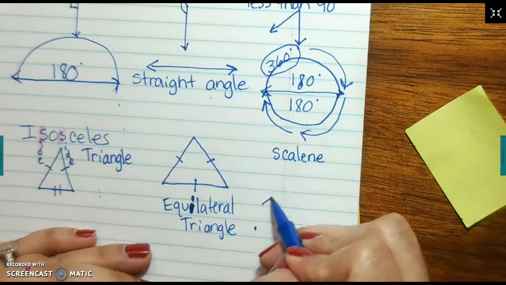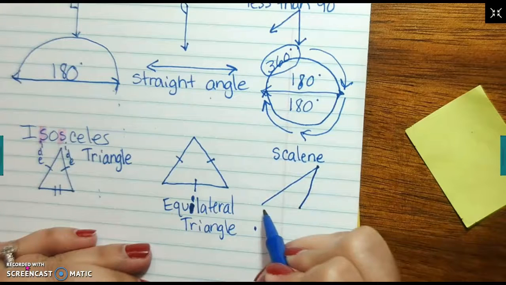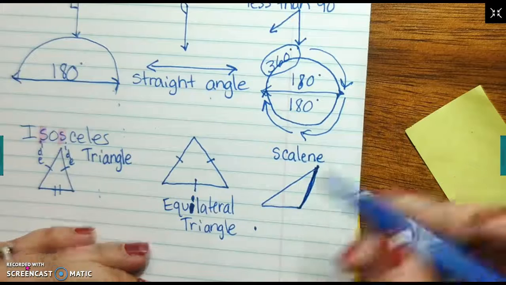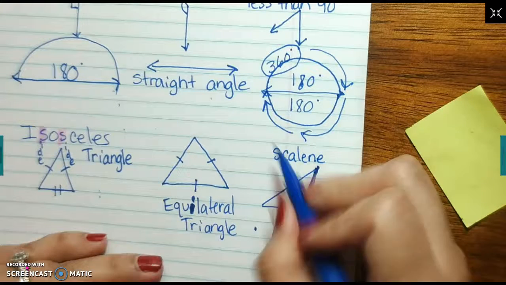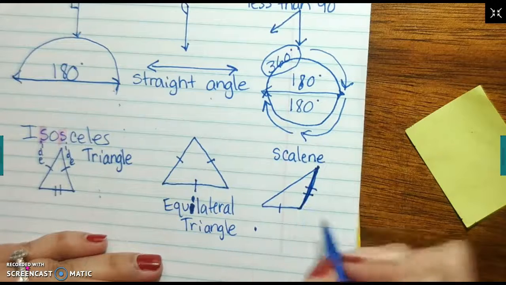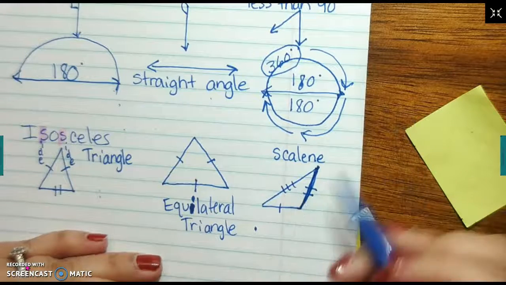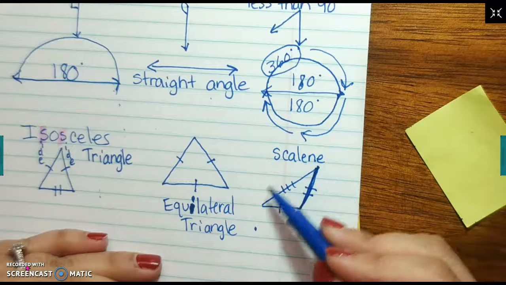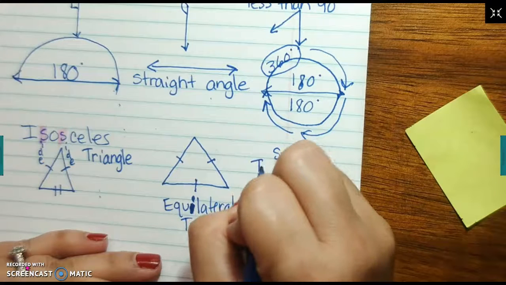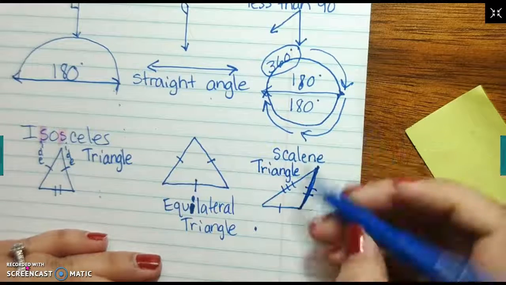So you'll have a very long side and a medium side and a short side. Okay, so you're going to have one that is short, really short, and then you're going to have a medium side that is the length of a medium, and then we're going to have the largest one. So you're going to say, well, none of those sides are the same length in a scalene triangle. And that's how you know it's a scalene, because it has no sides